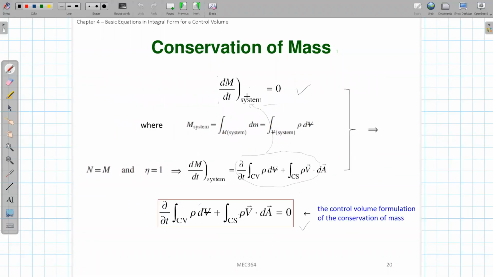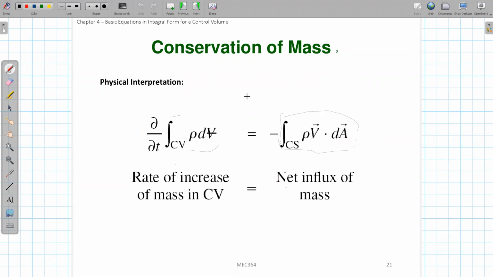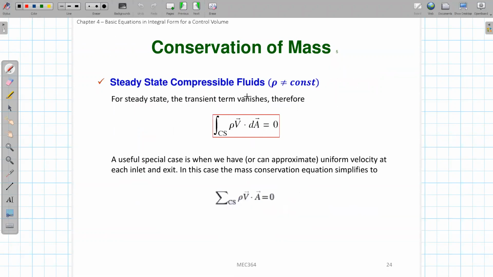Anyone? How do we derive this mass equation? And what's the meaning of each term? No? Okay. So if there is no question,